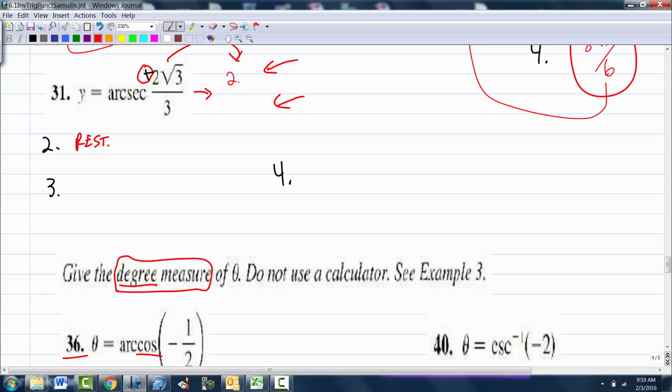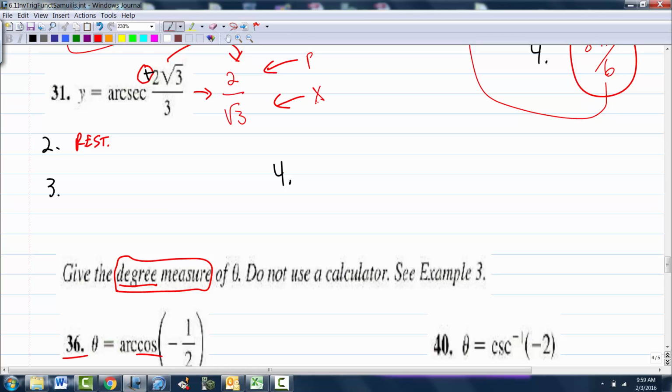That is correct. If you don't do that, then you may not associate your sides if you have to draw a triangle. You should, though, in calculus know that 2 root 3 over 3 is one of those special values. But if that helps, that's fine. Arc secant, what letter over what letter? R over